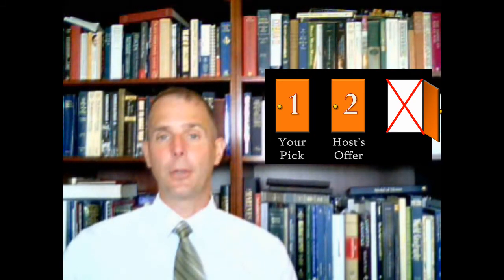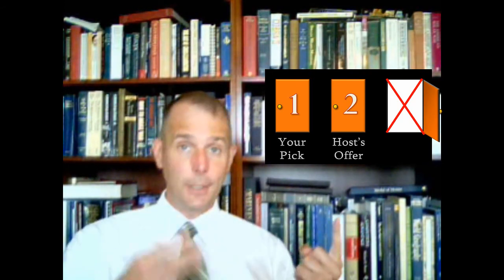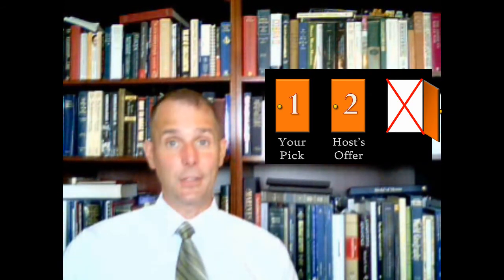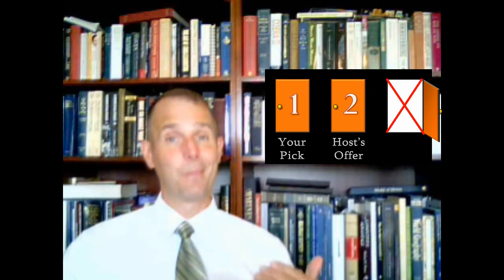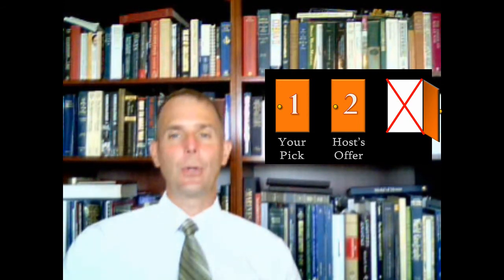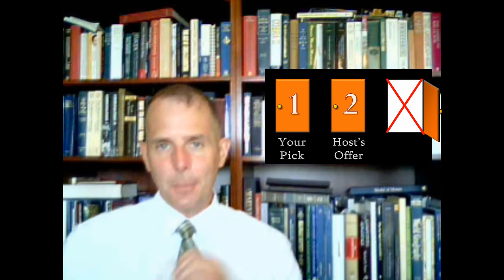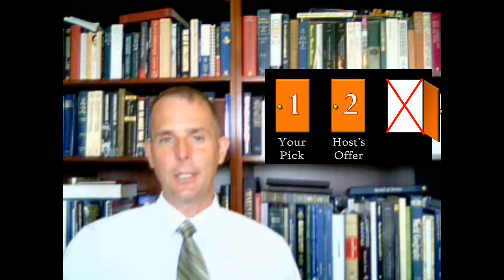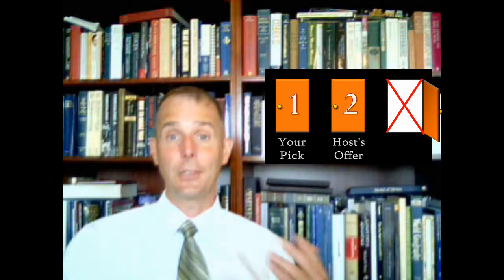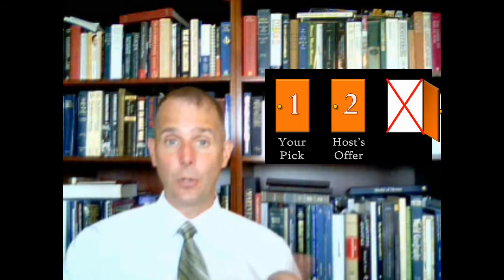Let's break the problem down. You know that when you first pick the door, you've got a 1 in 3 chance of being right. That's the easy part. The next step, though, this gets a little tricky. Everyone also knows in strategy you need to assess the problem from the other guy's point of view. But then most folks don't stop and consider Monty's position here. First, there's only 1 prize, and he knows where it is. And he has 2 doors, so he can always open a door with no prize.